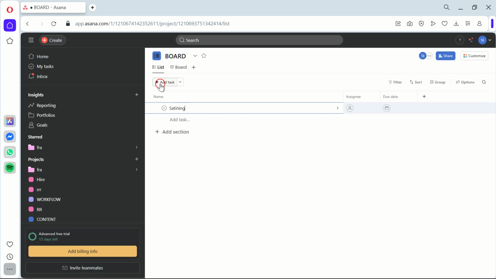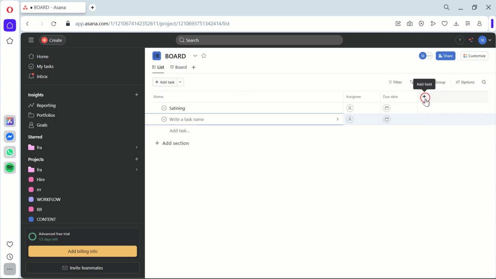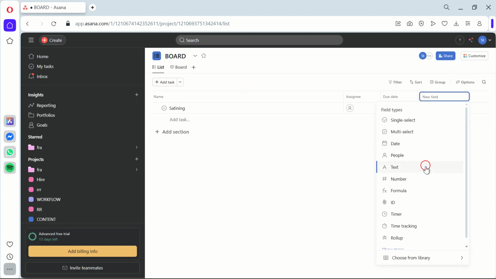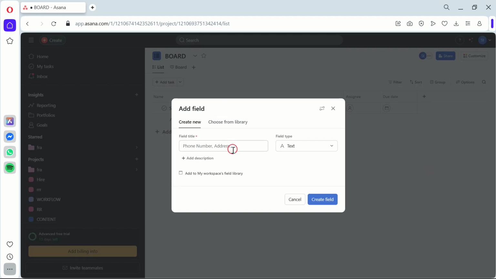Next up, let's add our columns. Click on the Add Column button and create columns like To Do, In Progress, and Done. These columns represent the stages of our workflow. They help us track the progress of tasks and make it easy for everyone to see what's happening at a